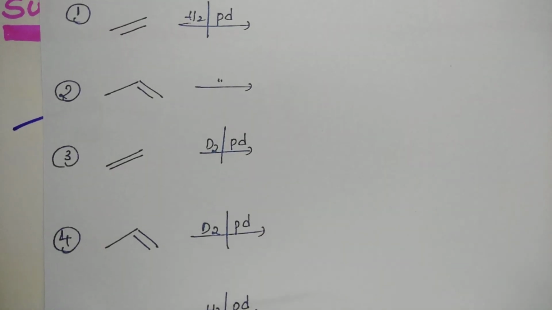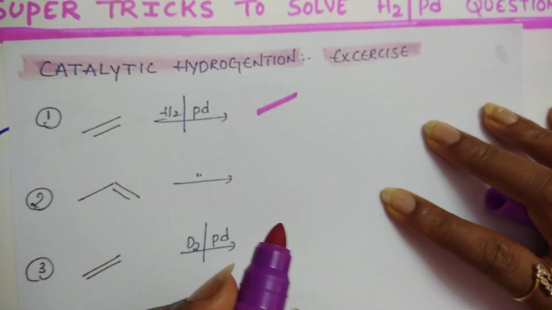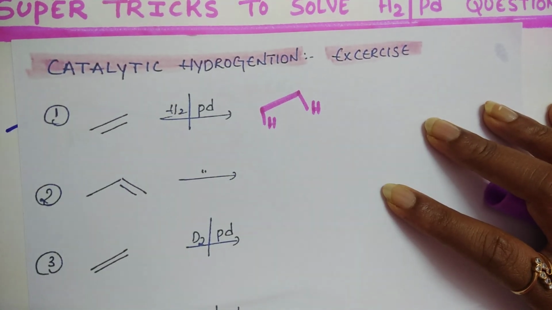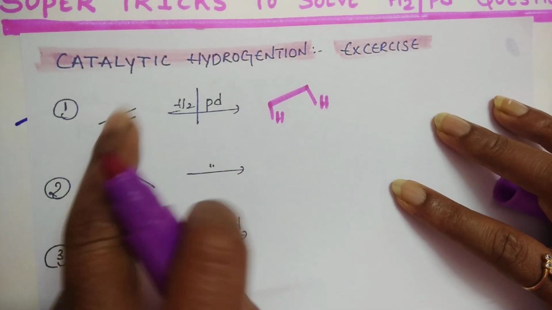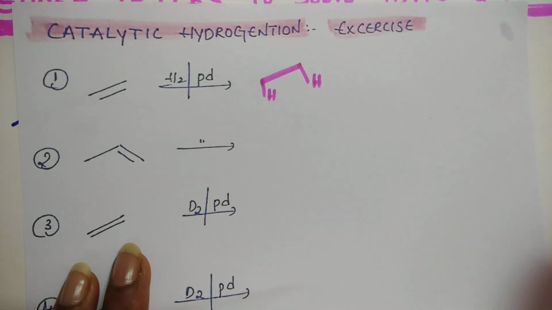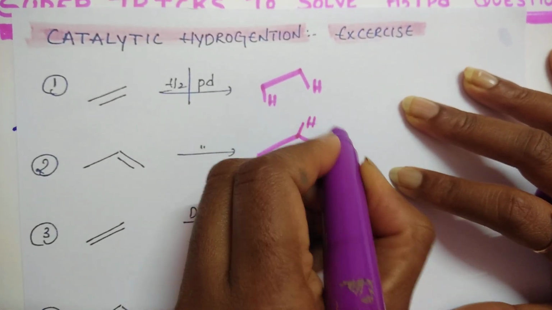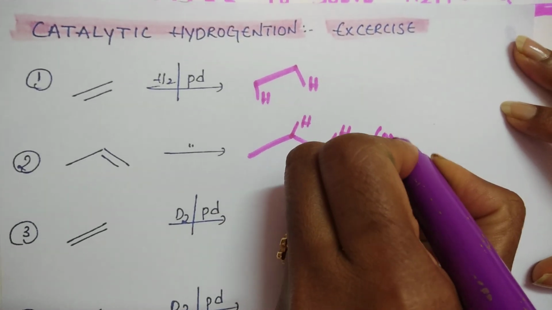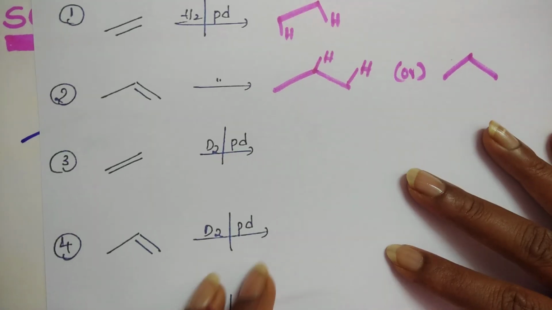Okay, see here, first question. This is the alkene. What you should do is break a bond and put one H here, one H here. Simply, no need to write hydrogen every time. Double bond is converting into single bond upon hydrogenation. Syn addition I told, right? Both the hydrogens are adding on the same side. Is it clear? See the next one.